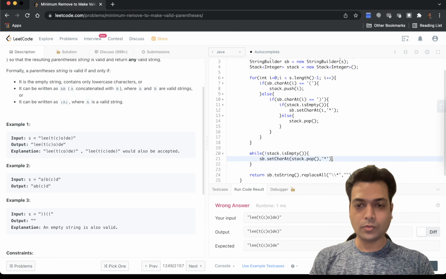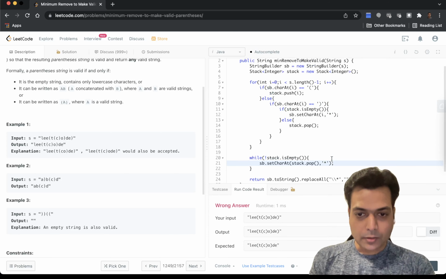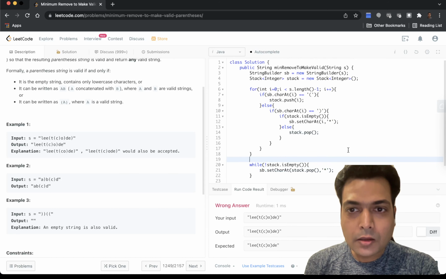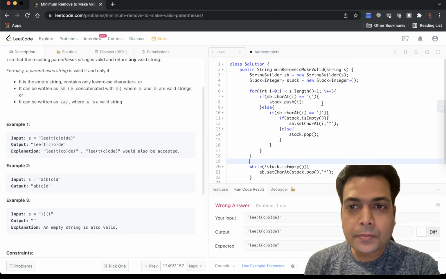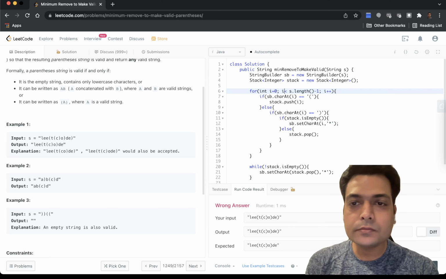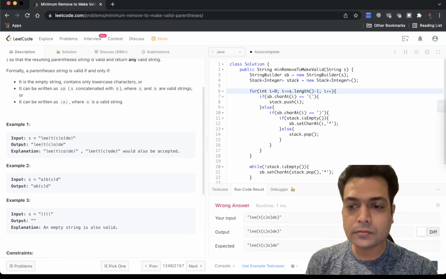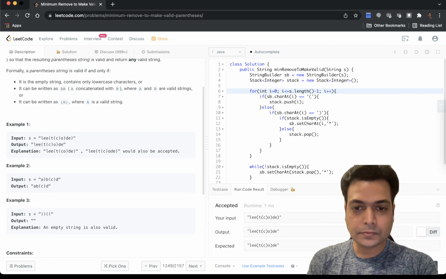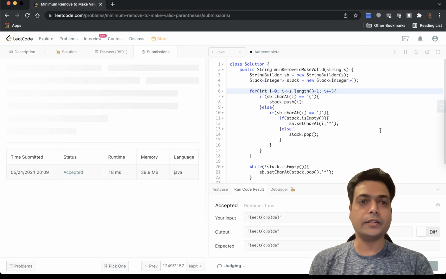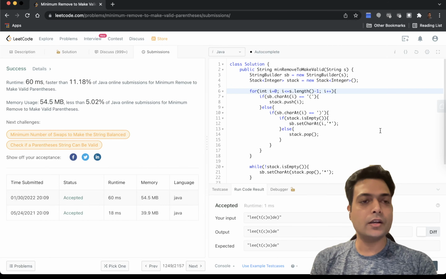Okay. Why is it wrong? Because, okay, that works. I hope this was useful,